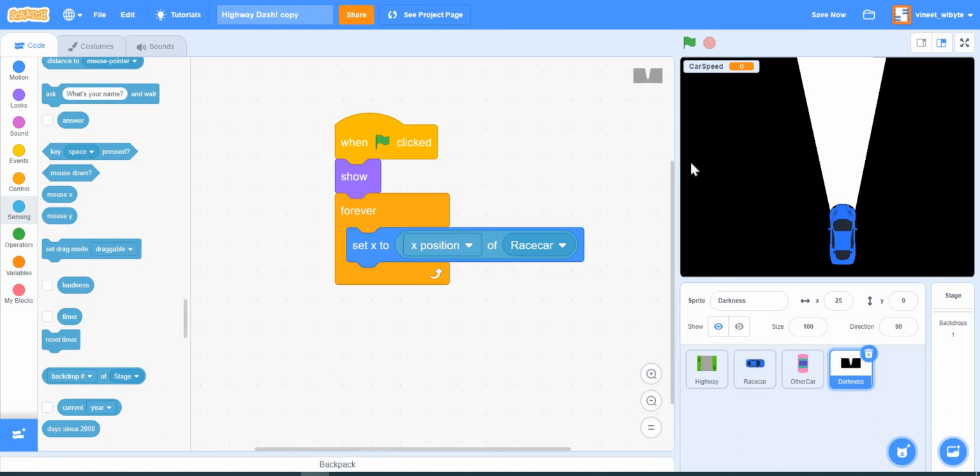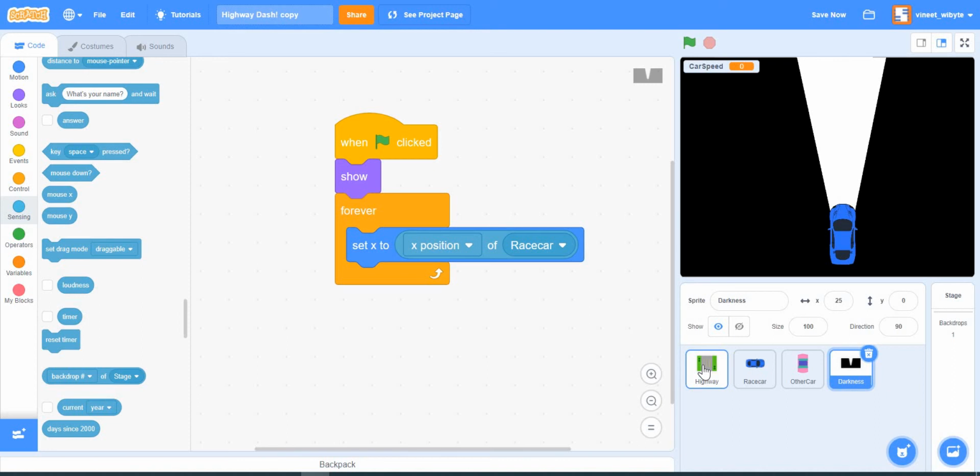Everything works on the highway, so all the cars move on top of the highway. The darkness, which means the night, also appears on top. So really, it's the highway that should go all the way to the back. The highway should be the last layer because everything is on top. Everything should basically obscure the highway. You should not have a highway going on top of the car so the car can't be seen. That doesn't make sense. So the highway should be the last layer.